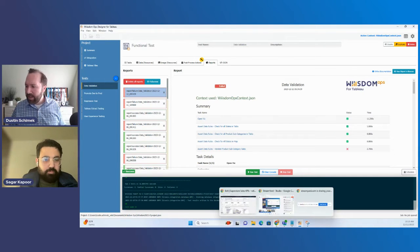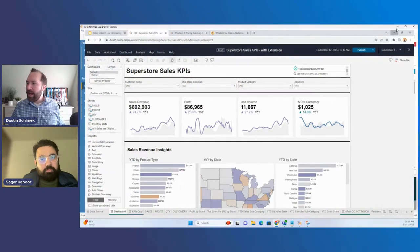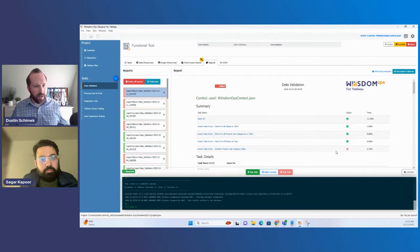So there was something that failed regarding some of the sales figures that were in here. We needed to investigate that. And so you see that in our tool here, and you can get notified on that. And then in this case, actually, if you had enabled dashboard certification, your dashboard actually would get a decertification message